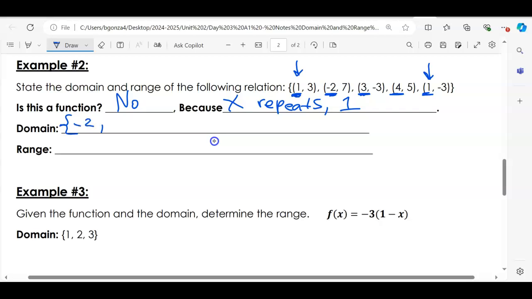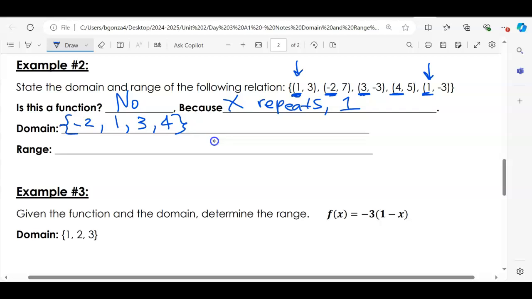What's the next biggest X? 1. 1 repeats, but we're only going to write it once. The next biggest X I see is 3, and then I see 4. Okay? That's it. There's only 4 domain values for my 5 points because there's a repeater that we do not